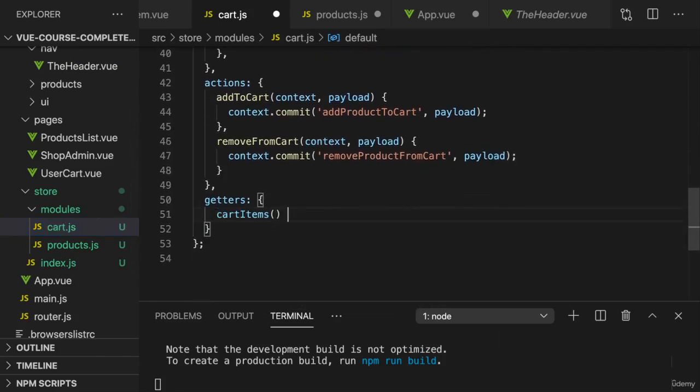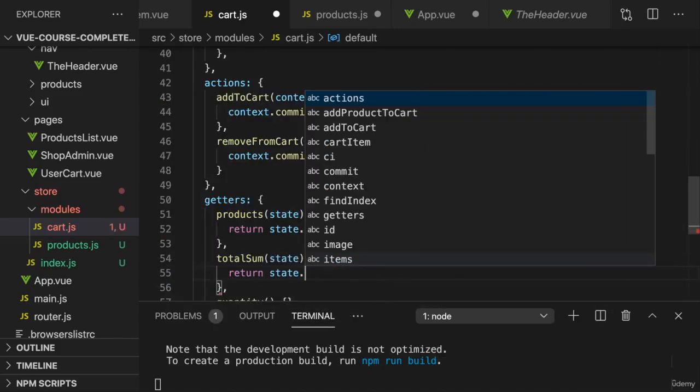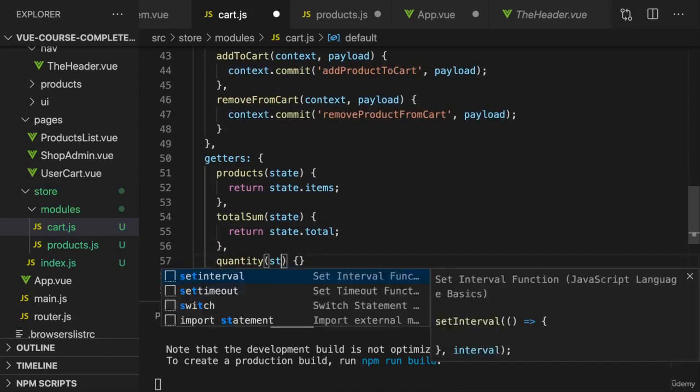We can have a cart items getter, which gives us the overall cart items, a cart total getter, which gives us the total sum, and a cart quantity getter. Or, since this is all in the cart module already, just name this items or products or whatever you want, total sum maybe, and quantity. And then here return state, which we get in a getter automatically, state items. Here in total sum, return state total. And here return